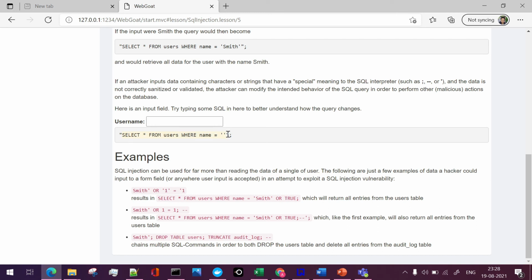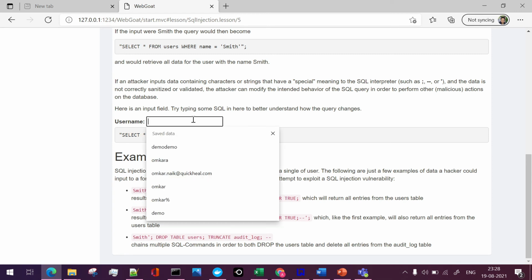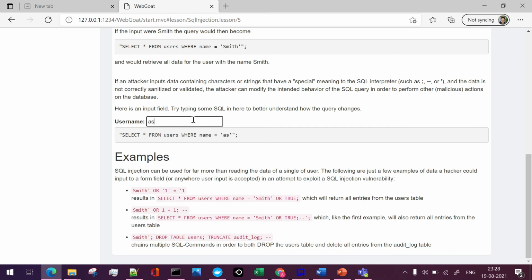Here also there is the same example, which is select star from users where name is equal to, and this field is blank because it will be filled by whatever we pass. Suppose I pass this here, accordingly the things will change.